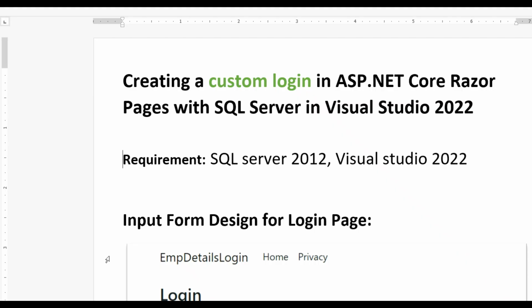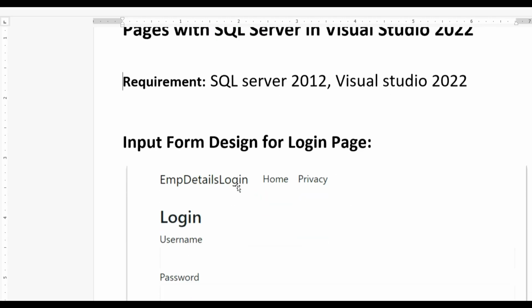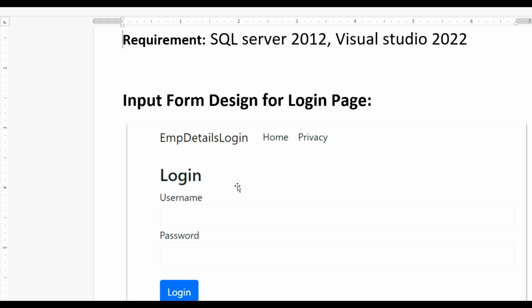Hello guys, today we learn how to create a custom login in ASP.NET Core Razor Pages with SQL Server in Visual Studio 2022. To implement this, we require SQL Server 2012 and Visual Studio 2022. Now let us see our input form design for login pages and redirect to the index page, our home